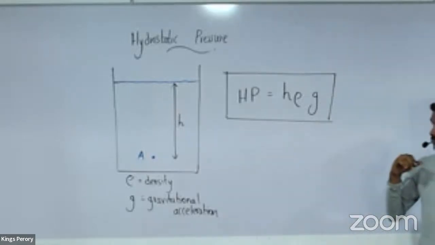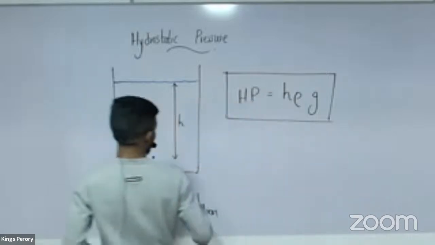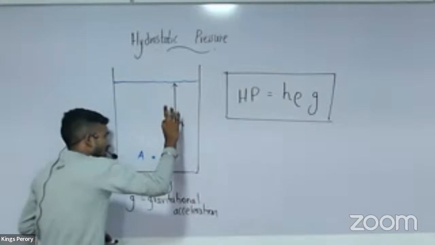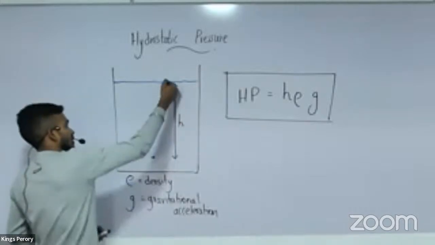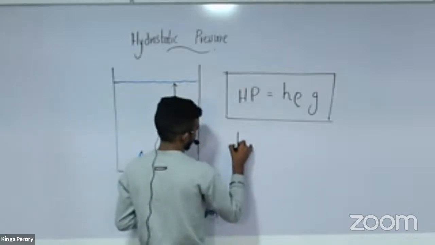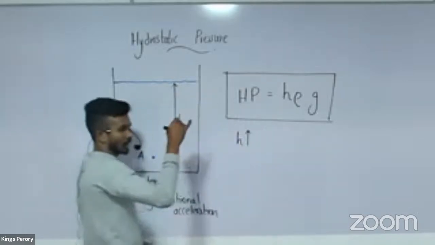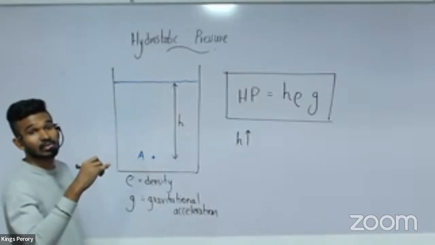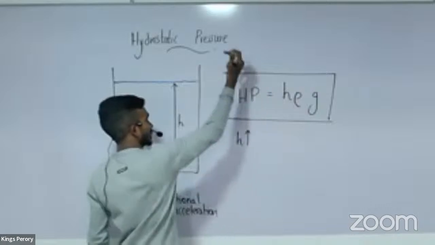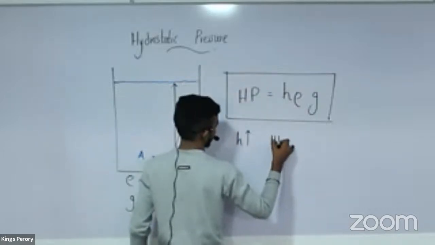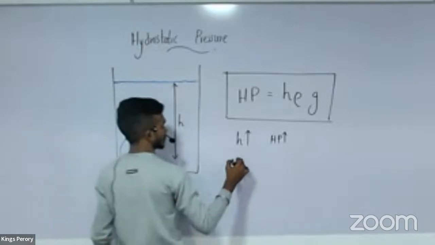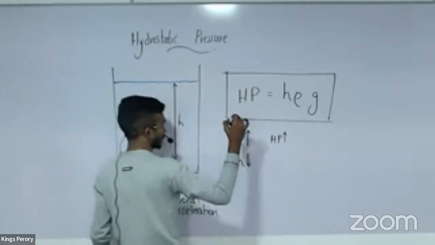Now, looking at the equation, tell me if this depth increases, that means H increases, what will happen to hydrostatic pressure? This increases, then this also increases. There you go. Hydrostatic pressure also increases. If this depth decreases, then hydrostatic pressure will also